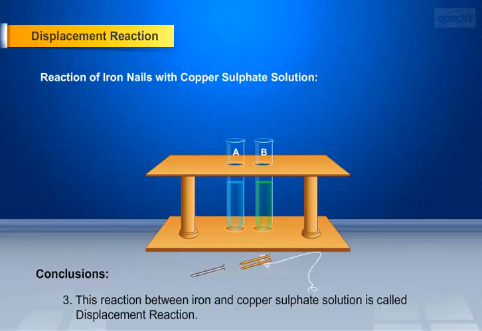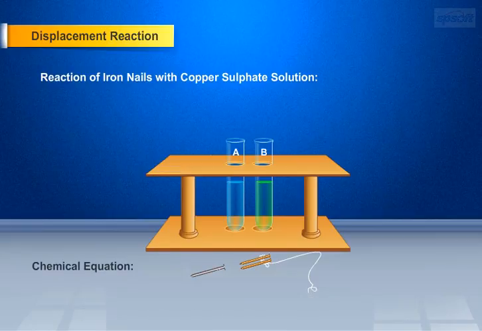Please note that if the nails are kept in copper sulfate solution for long hours, then the blue color completely disappears and is replaced with a light green solution. This is because copper ions are completely displaced by iron ions. The chemical equation of this reaction is: